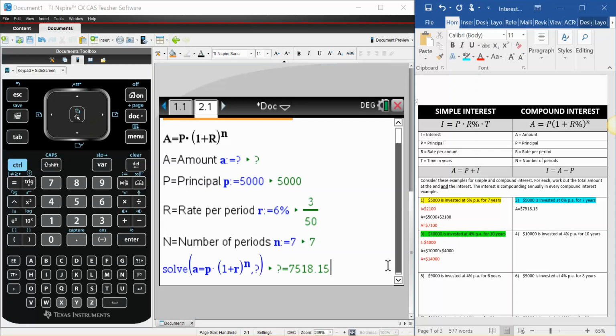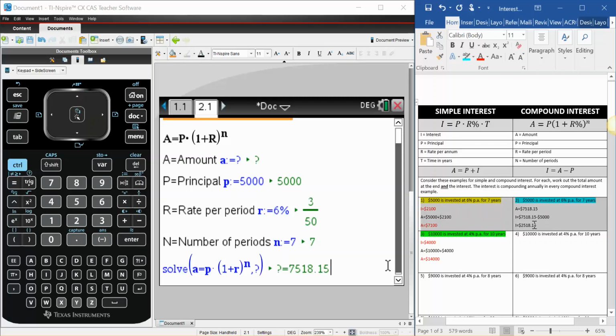So the A equals $7,518.15, don't forget. This time, we need to work out what the interest is. So we need to go A minus P. So the total amount at the end, $7,518.15 minus the starting price, which was 5,000. So the interest in this case, the same variables, but using compound interest instead of simple interest, was